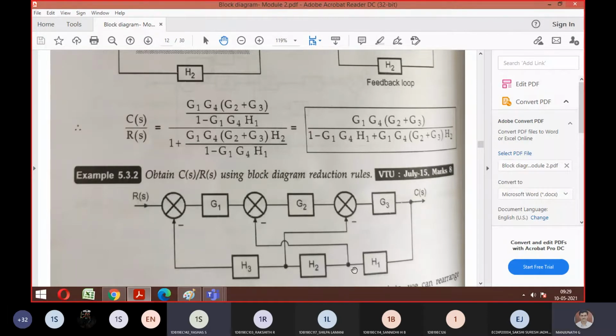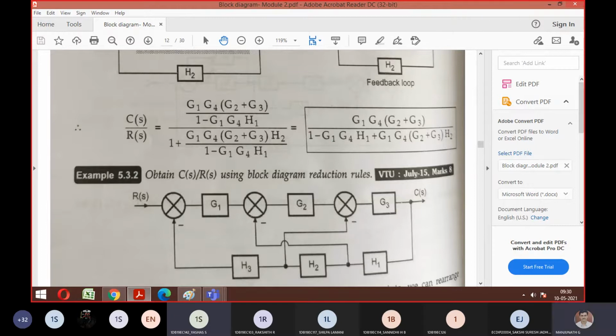One dot to summing point. This one? Yes, sir. So how will you trace? You can't come in this way. This is the opposite way, right? Look here, is it coming inside or outside? Look at the arrow mark. What I'm tracing, you're telling that I can trace in this way. You can't go in this way, right? Yes, sir. Forward path means the arrow mark should be the same, so it should be continuous. So it's only one. Agree, everyone? Yes, sir. Yeah. How many feedback paths now?